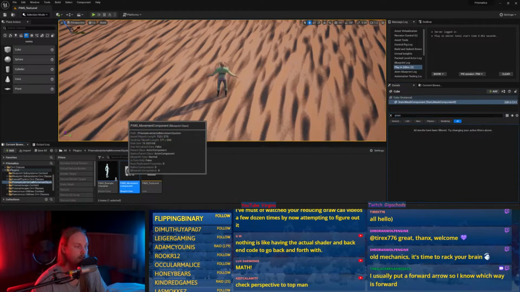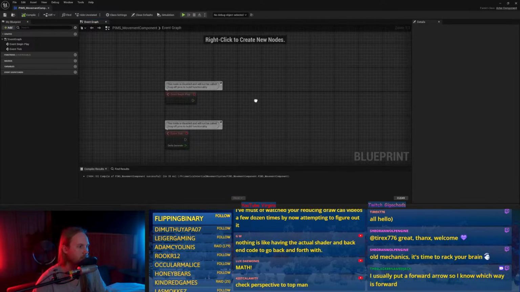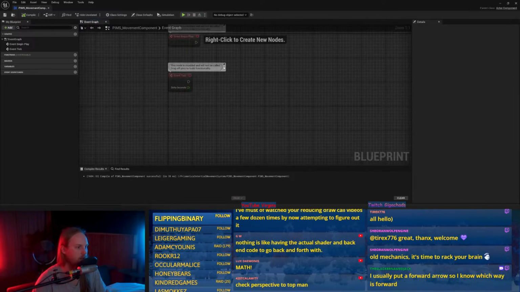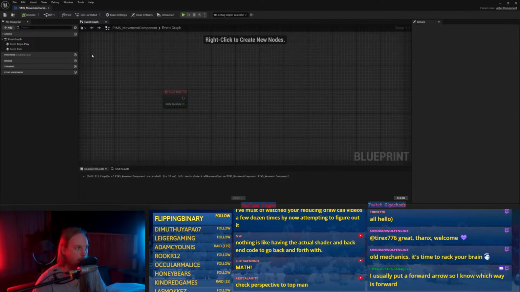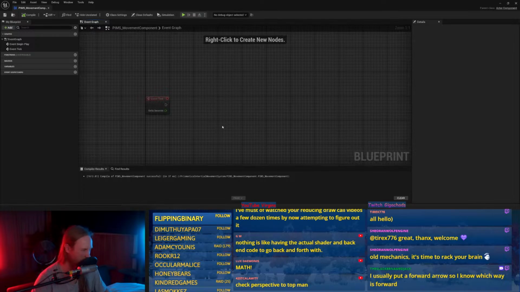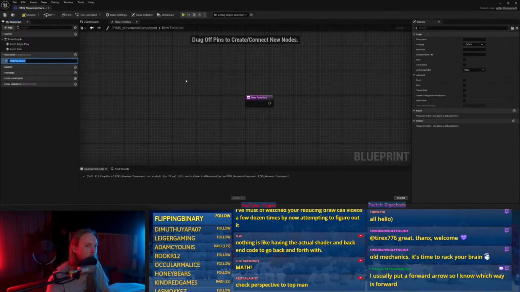All right. So movement component. How are we doing this? This is all going to run on tick. Whoop-de-doo. Oh, you shouldn't use tick. Oh, tick bad. It's a movement component. Okay, so this is...